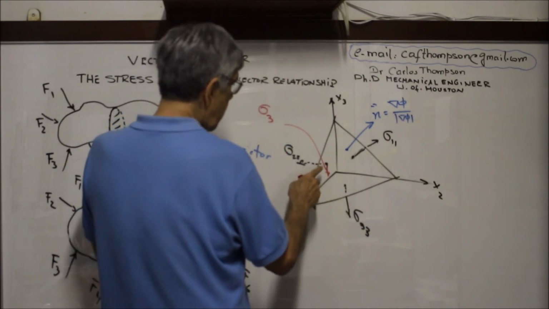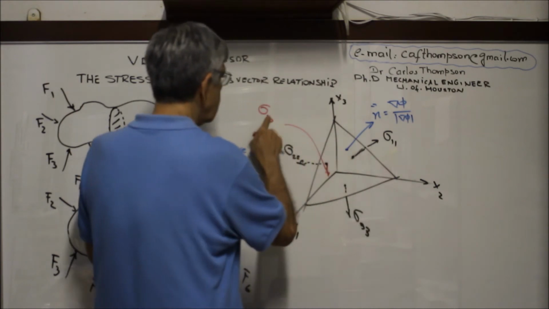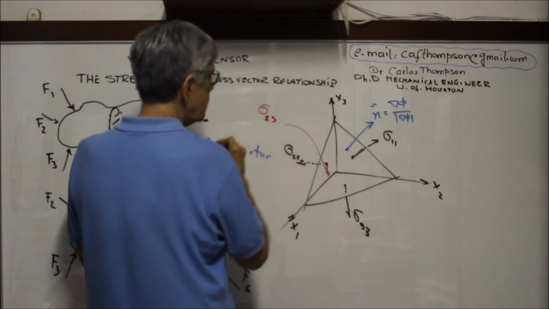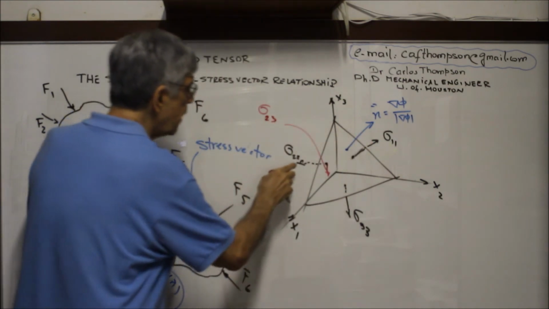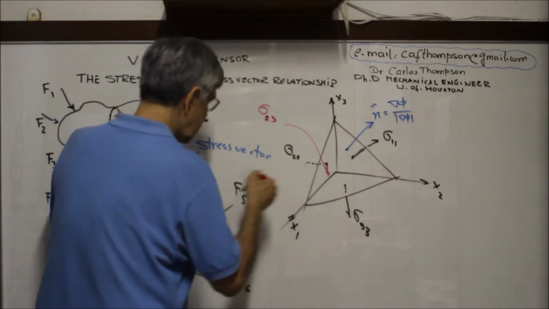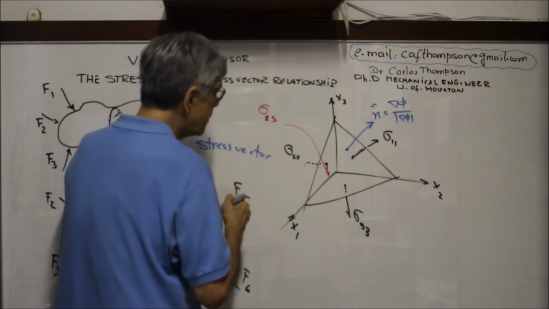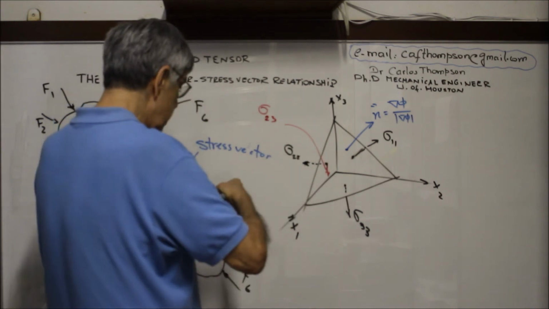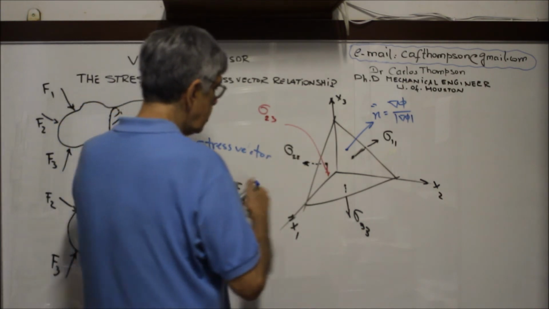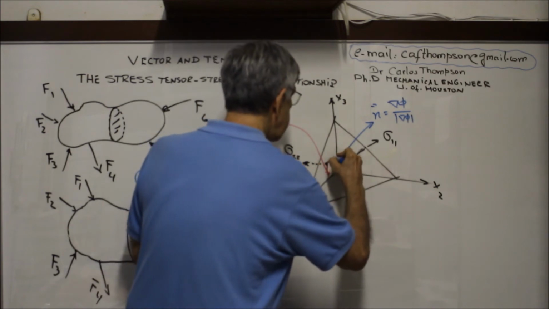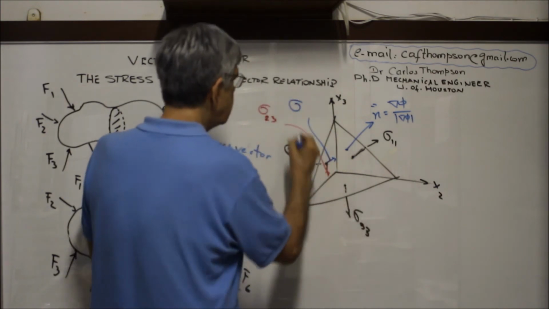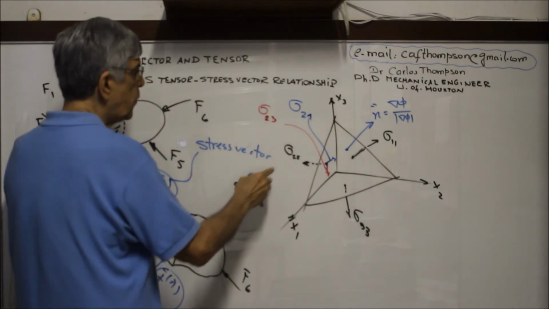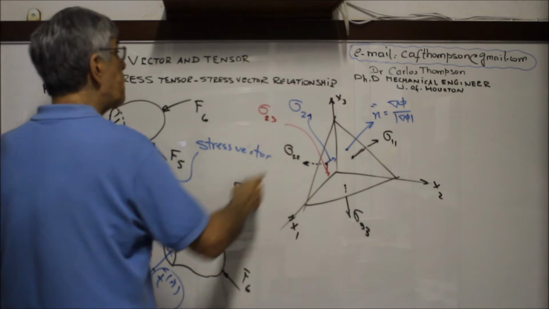This is 2, it's parallel to 3. So this is minus, that we'll see later. Now on this plane there, you just mark the opposite here. This is sigma 2, now it's parallel to x1. So we have here the three components